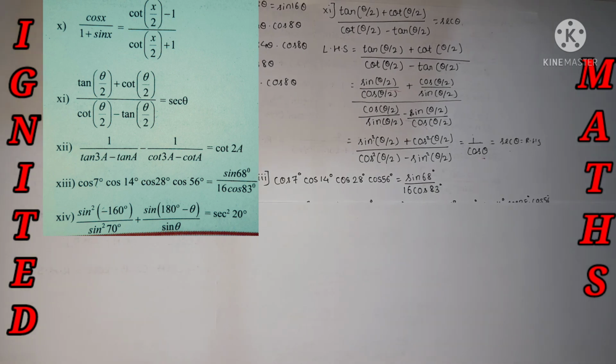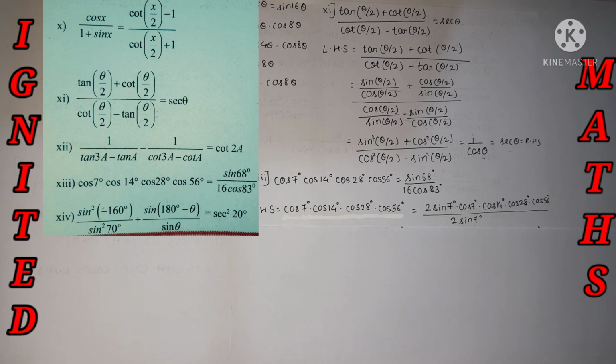The 13th sum we are going to do over here. So mark this sum is also important in most of the exams. This will be the most important thing, frequently asked from the exam point of view. So I took the LHS part and we are going to prove it to the RHS. This is nothing but my LHS value: cos 7 degree, cos 14 degree, cos 28 degree, cos 56 degree.